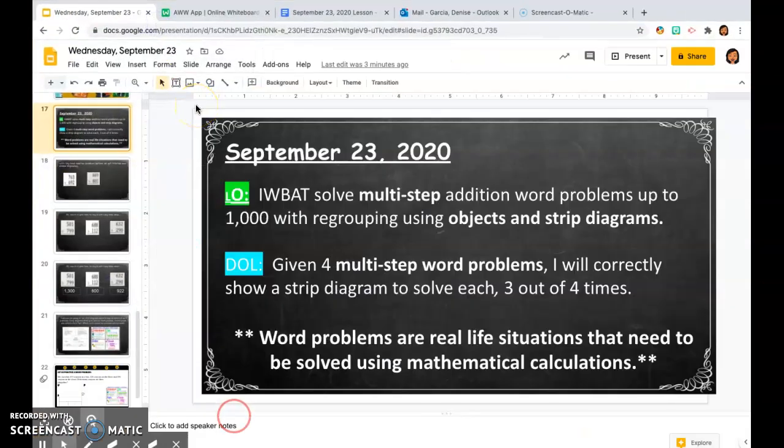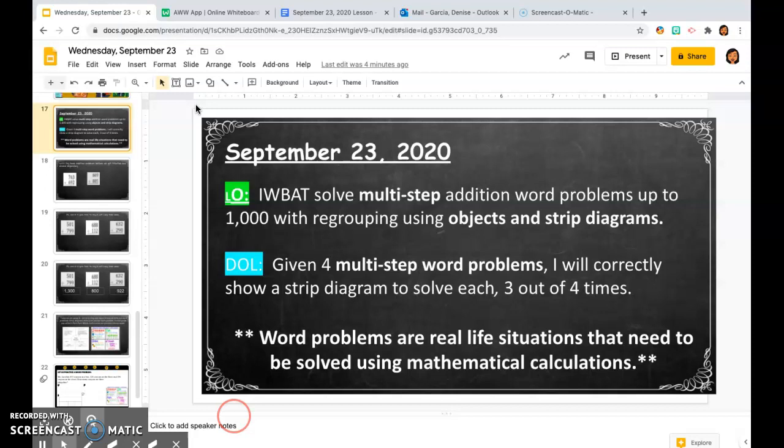So yesterday in math, we were talking about addition in one-step problems. Today, we're going to go ahead and up our game and go on to multi-step addition problems. Our LO is: I will be able to solve multi-step addition word problems up to 1,000 with regrouping using objects